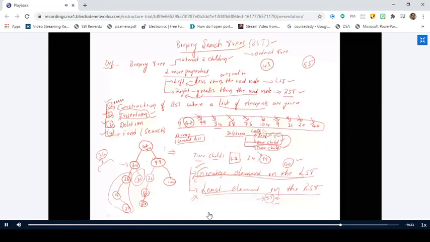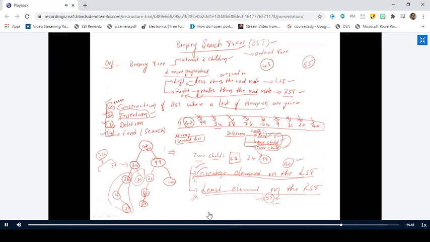Right. Since if you go for the right subtree of 34, it has only one element, therefore you can replace it with 37, no doubt. But if you go to the left subtree of 34, you have to find the greatest element. To identify the greatest element, you go to 28, that means right subtree, first node of left subtree, and you have to traverse deep.